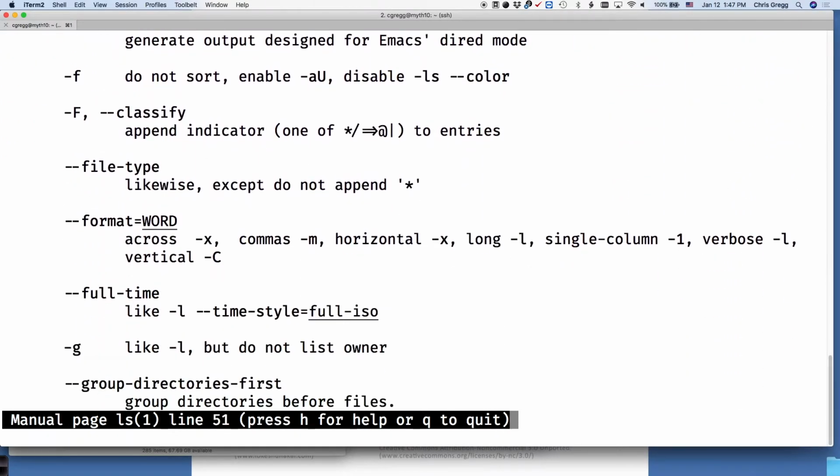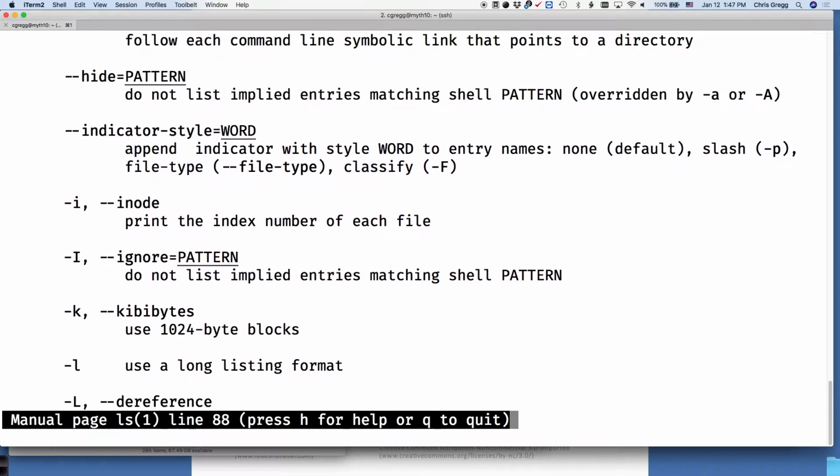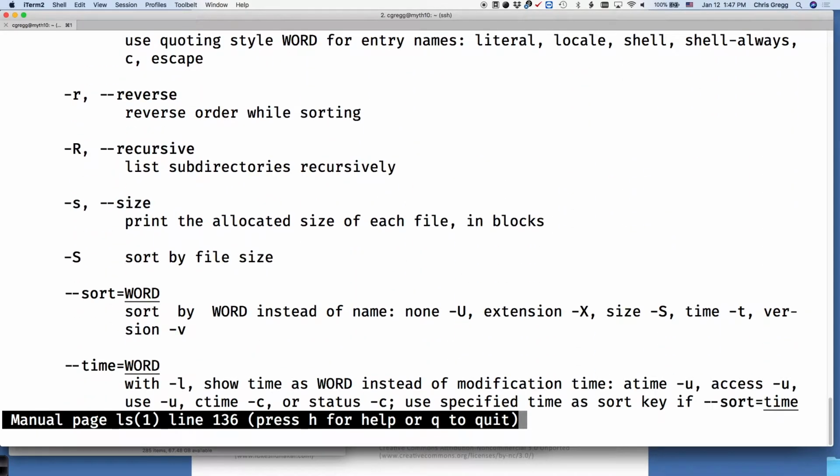Okay, and if you do this, by the way, you type Q to quit out of this, and the arrow keys or the vim command keys will get you up and down. But there's a zillion options for these sorts of things. So you will do that, right?